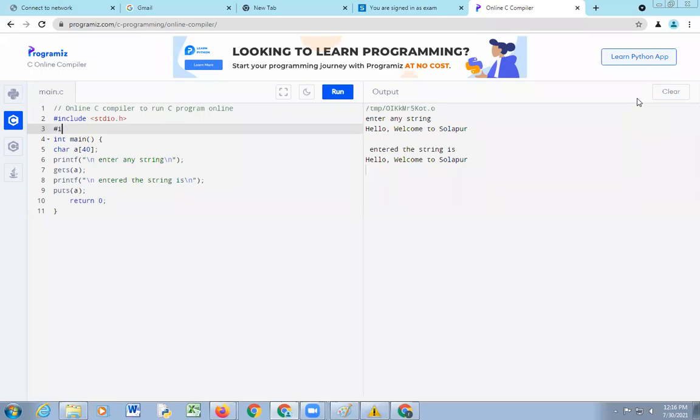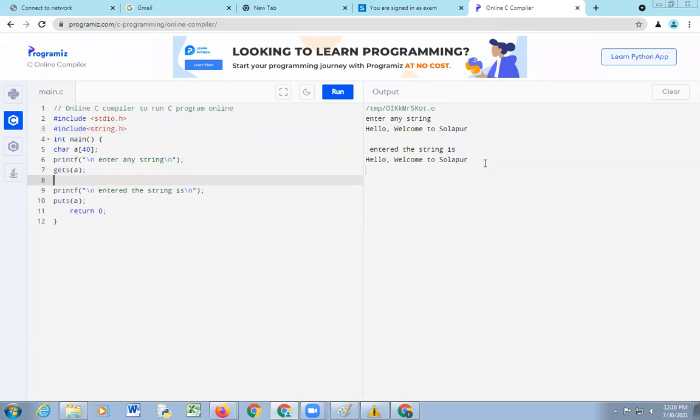Hash include string.h. Integer. Here we are entering a string through the user, and we have to find the length of that string.